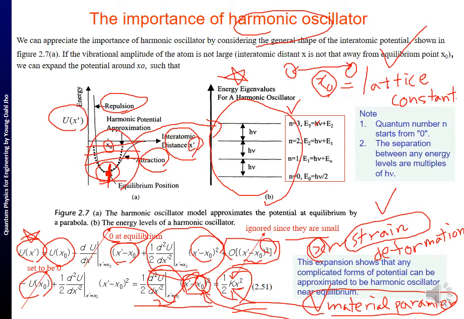The quantum number starts from 0, and these are the corresponding energies, okay? So you will see n plus 1 half, then h nu. Right? So the quantum number starts from 0. The separation between any energy levels are multiples of